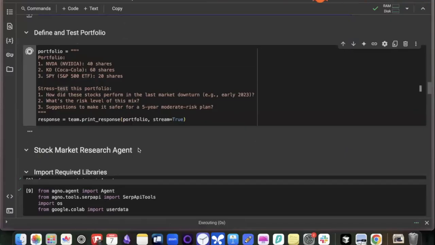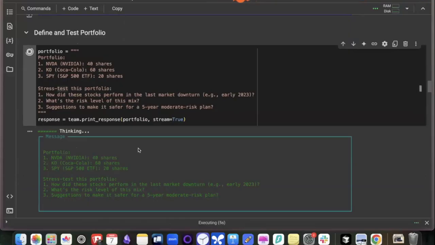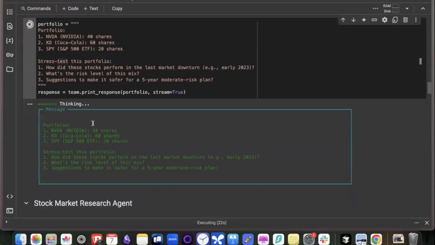You can also give your stock portfolio. So let's say I currently hold 50 shares of Nvidia, 30 shares of Amazon, and 10 shares of Microsoft. So I can ask AI, is it a good proportion to hold given the current market conditions, and what changes should I make in my portfolio?